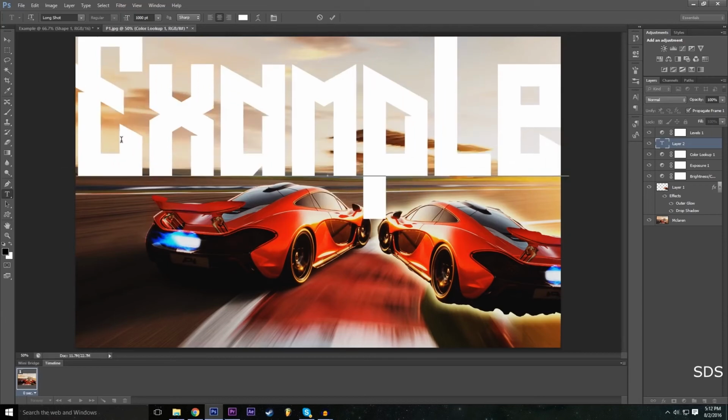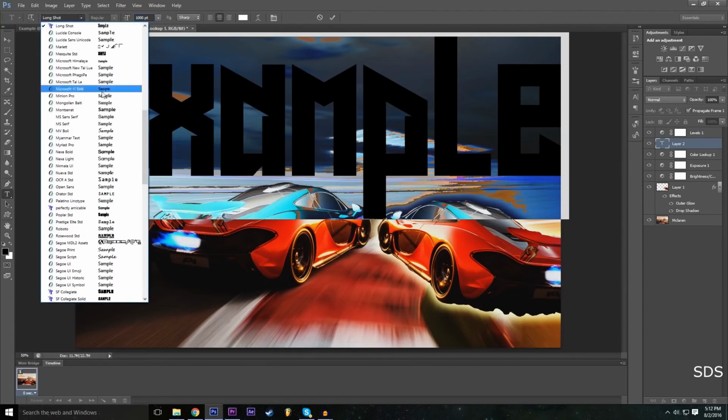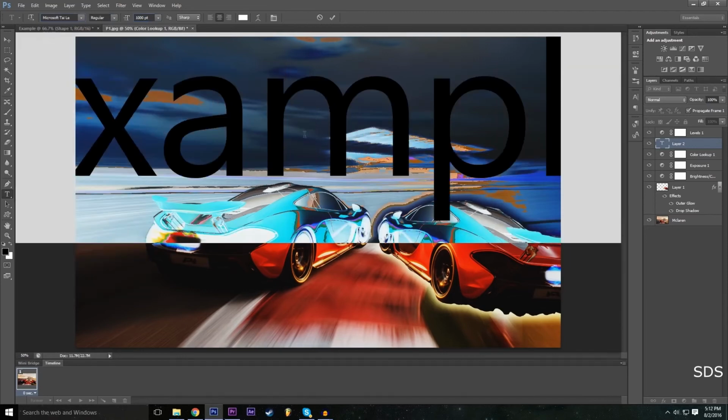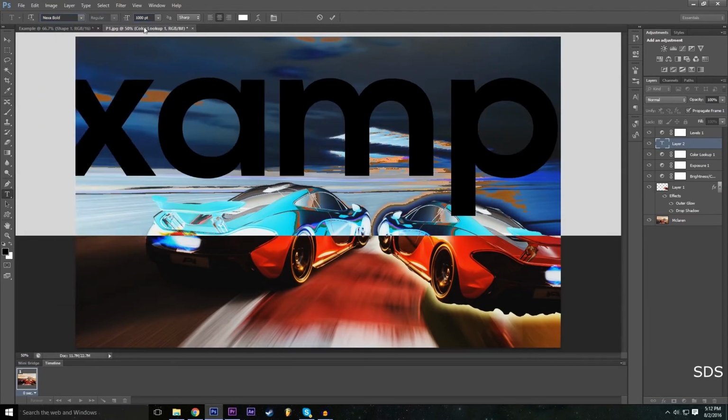So there, as you can see, it says example, but this text is quite big. So let's make it a bit smaller. You can change the font and everything from here. Let's say we wanted to change the font, so let's select something else, and that's not a really nice font. There we go, that's a pretty good font. And then we also need to tone down the